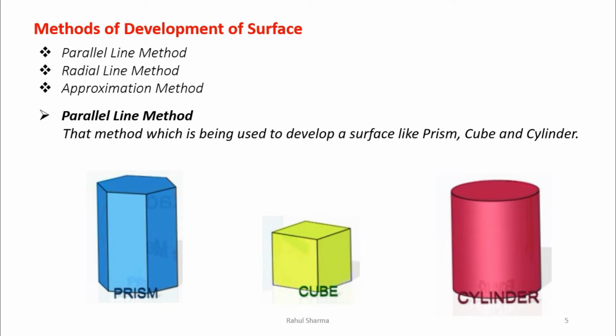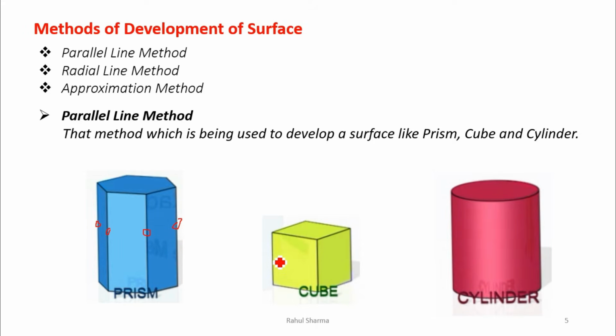Just to remember why it is named the parallel line method, you can find the similarity in these three solids. What is similar in these? We can say that all the face edges are parallel. Let's say this is a hexagonal prism. Now all these face edges, this face edge is parallel, this face edge is parallel, you can see here this face edge is parallel to this face edge. Similarly this face edge is parallel to the other one. At the rear, the same face edges. So all the face edges are parallel in this prism.